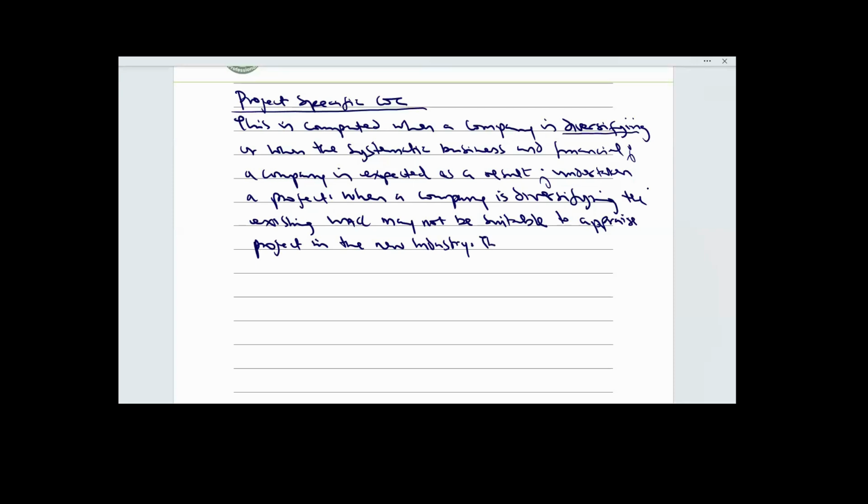Therefore, a cost of capital that is consistent with the systematic business and financial risk, that is consistent with the project risk